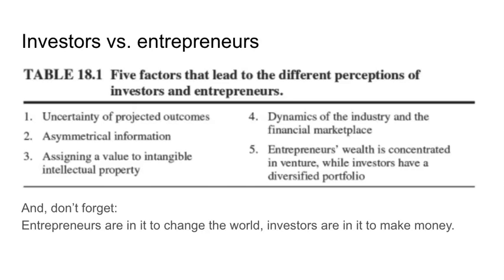It's very common to hear stories from entrepreneurs who say, I got 25 no's before I got yes. And there are a number of reasons for that. The projected outcomes are very uncertain. The entrepreneur tends to believe they're pretty much a fact, and the investors assume that they're pretty much speculation. There's usually a tremendous amount of asymmetrical information.